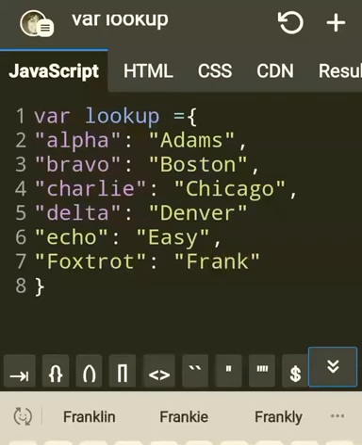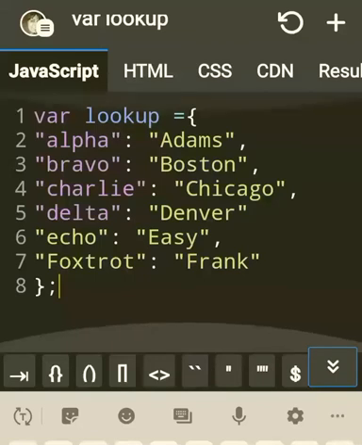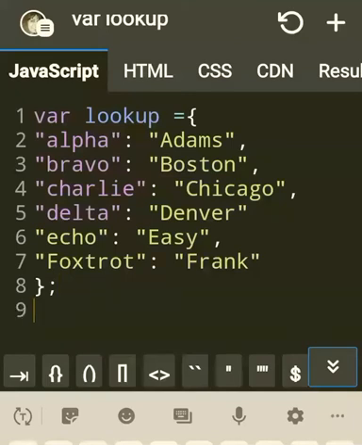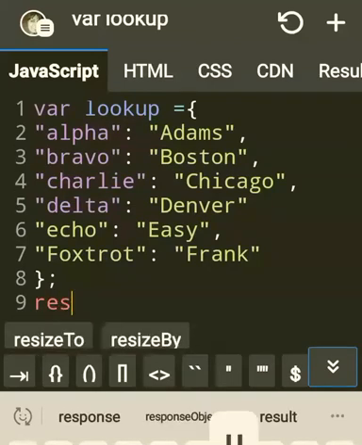Okay, Foxtrot is Frank. Yeah, that's about it. Then don't forget to put the semicolon after the last value near the curly brackets. So you finished your object.